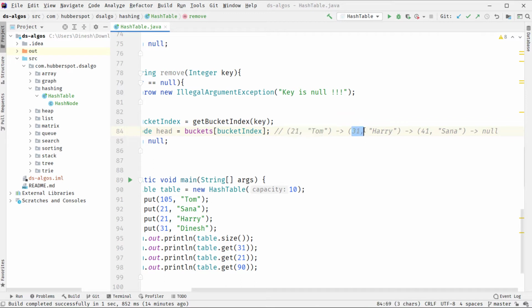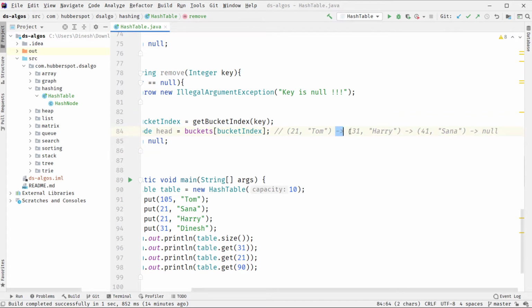So if head is here and the key matches, previous will be here. So for previous.next, we have to break this link. To previous.next, we need to assign head.next because we need to keep these nodes intact. Head.next is this node, and the nodes after that will be assigned to previous.next.